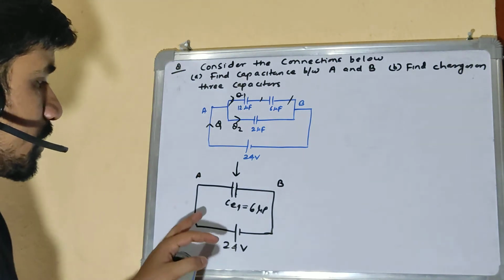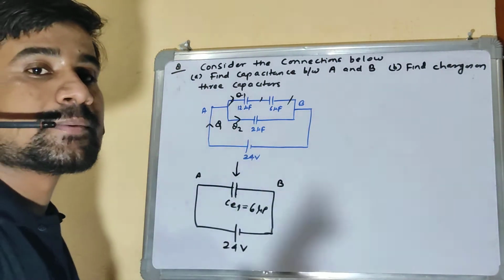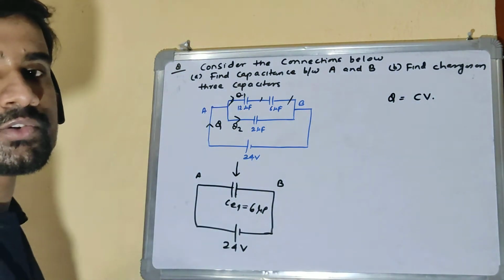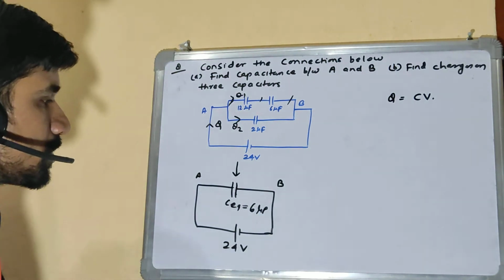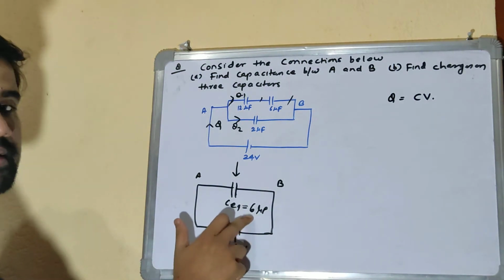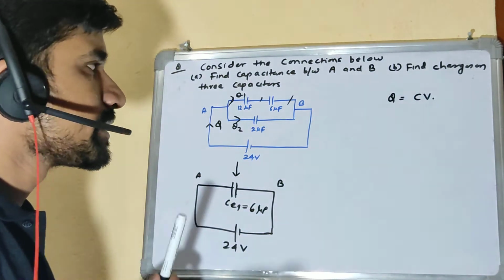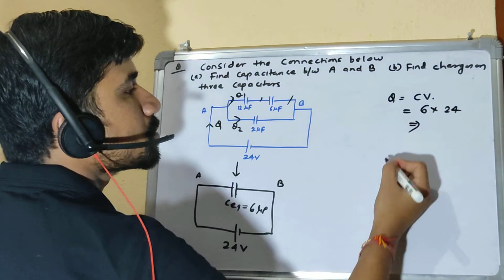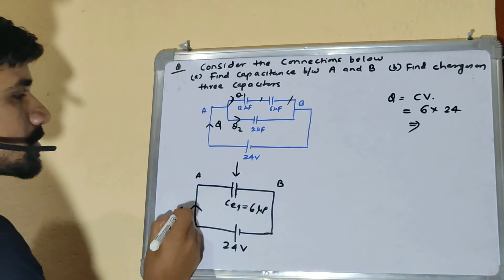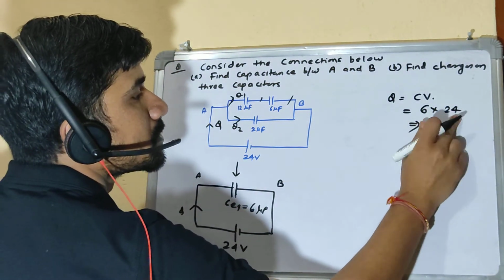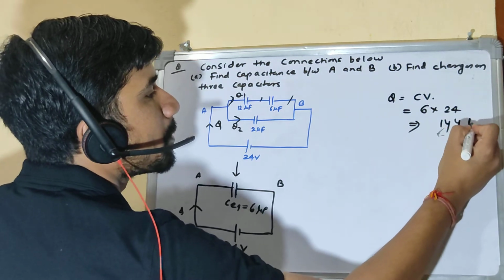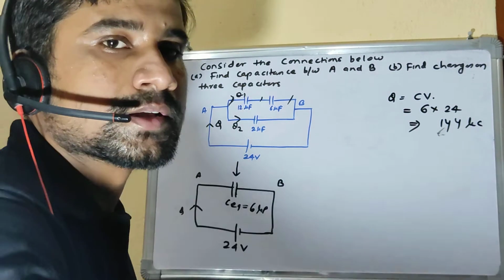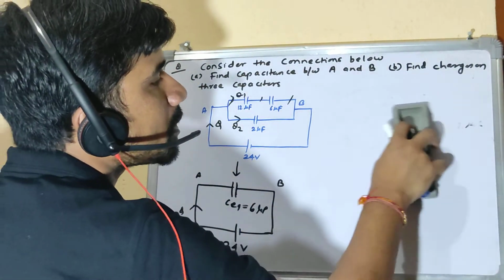First, let's find the net charge supplied by the battery. Charge is nothing but C into V, so Q equals C into V, right? The net capacitance is 6 and the net voltage is 24. So my net charge Q becomes 144 microcoulomb, right? Now this 144 microcoulomb charge